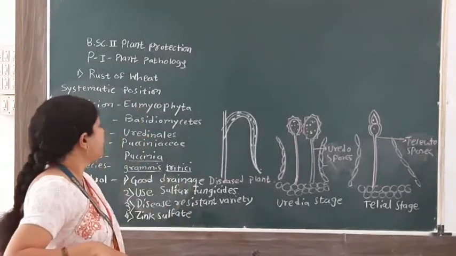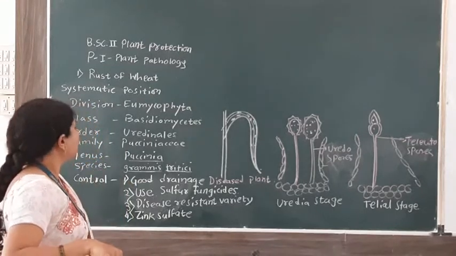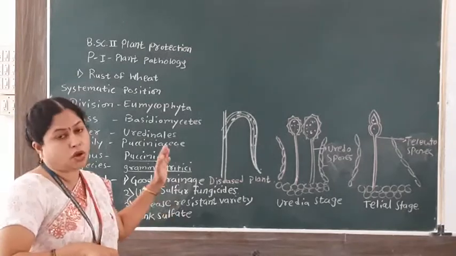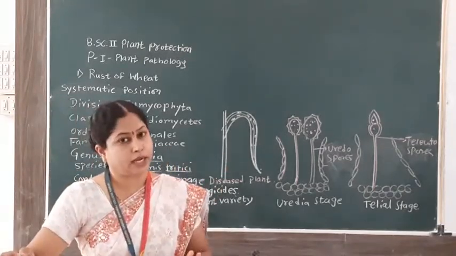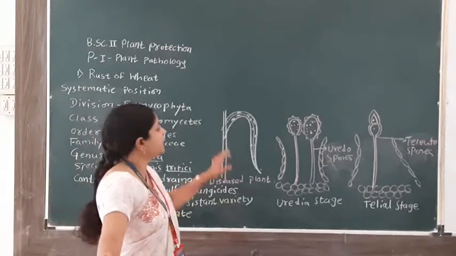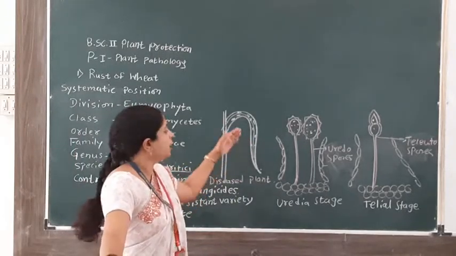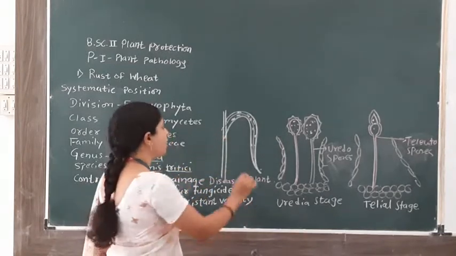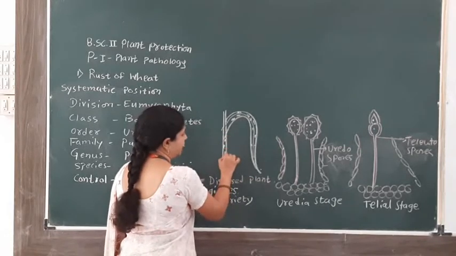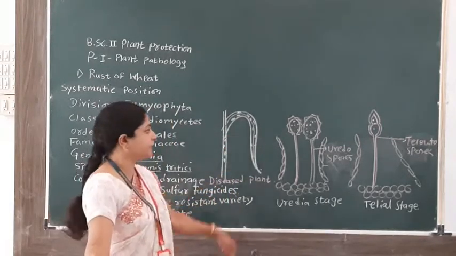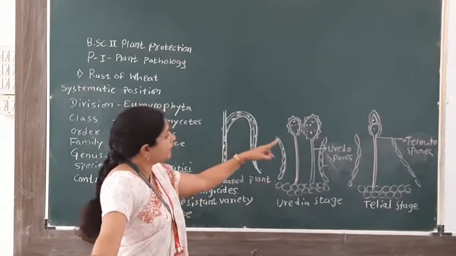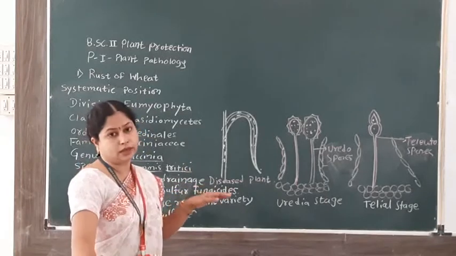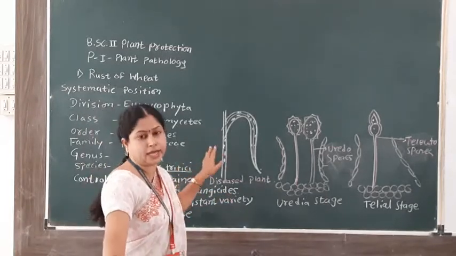In this way, we have studied our first disease, that is rust of wheat. The causal organism is Puccinia graminis tritici. Symptoms occur on the aerial parts of the plant, that is leaves and stem, especially brown colored pustules appear on the lower side of the leaves. But in severe condition, these pustules are observed on the stem also. This is the uredial stage, which is the first stage. And next, the telial stage, where these brown colored pustules turn blackish in color. These mostly appear on leaves and stem also.